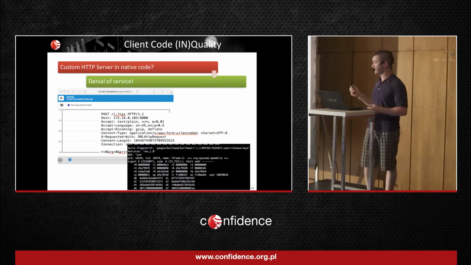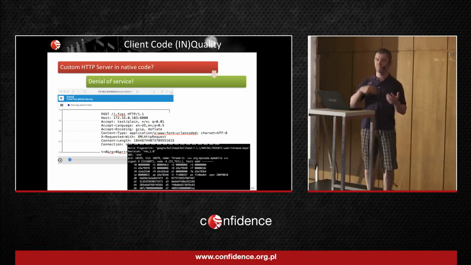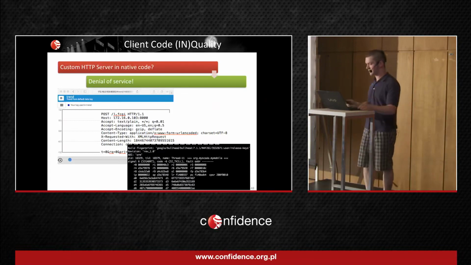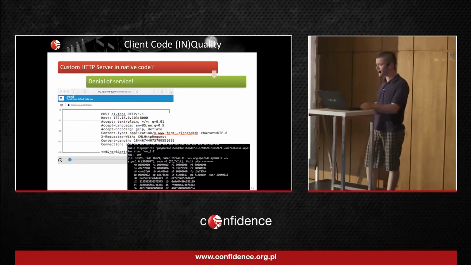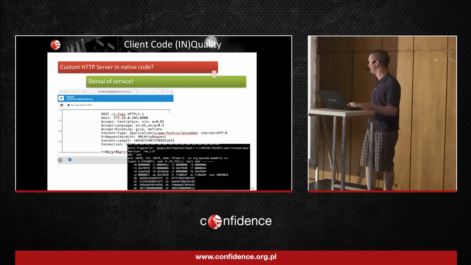Because this HTTP server listens on all interfaces, even when the device is connected to some Wi-Fi network, any other people can get access to it. So the vulnerability in this web server was about parsing the content length. So you just need to set some big value, and when it tries to allocate some memory, it will crash.